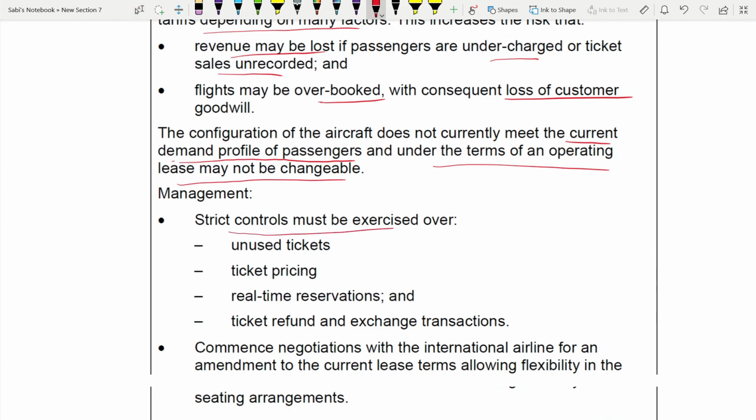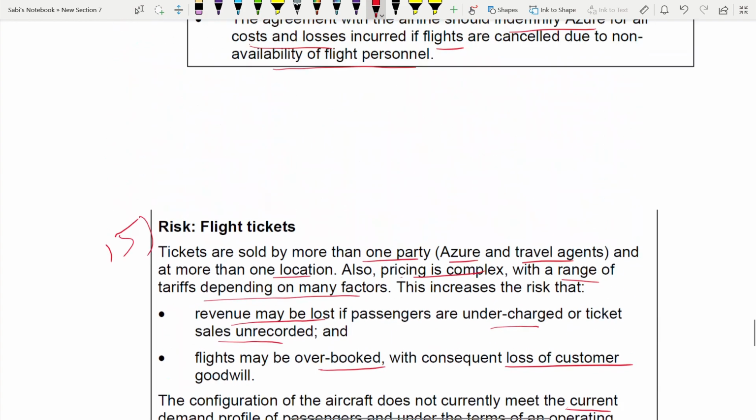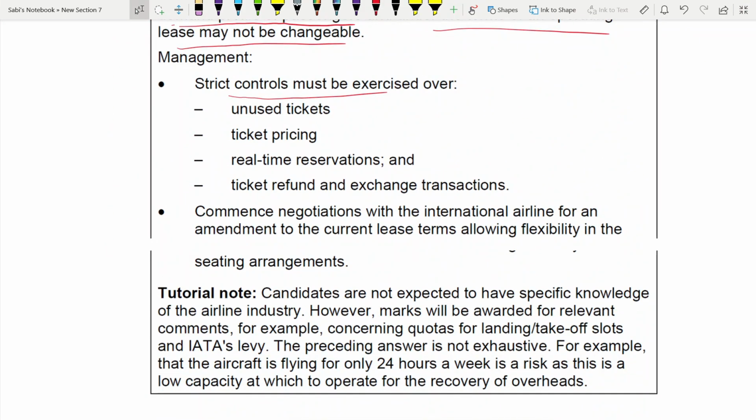Strict controls you can exercise when it comes to flight tickets: how you're going to use the unused ticket, how the ticket should be priced, how real-time reservations have to be done, how tickets are refunded, and exchange transactions. Now,